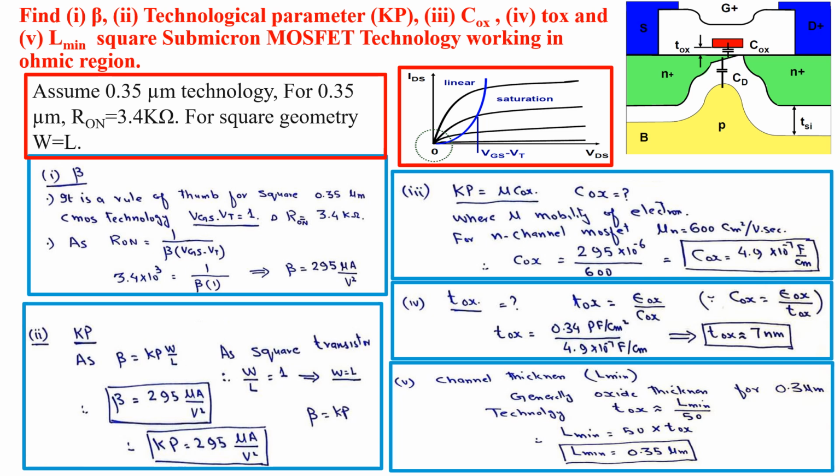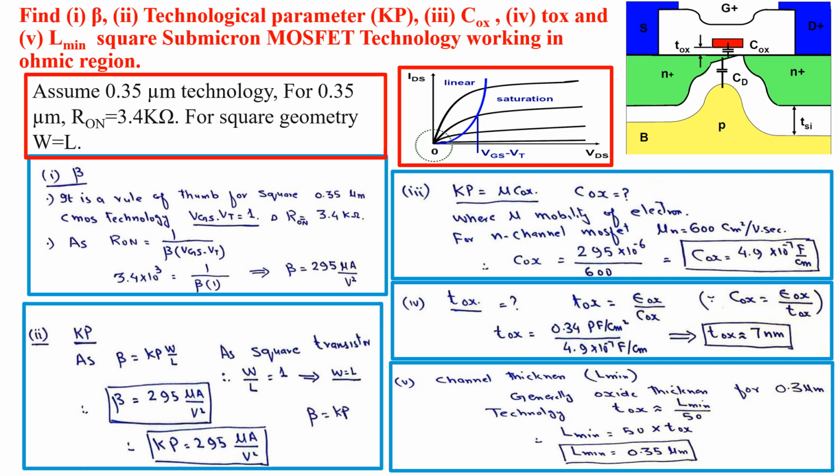Bismillahirrahmanirrahim. In this question, we have to determine some parameters: beta, the technological parameter Kp, C oxide, T oxide, and L minimum for a square submicron MOSFET technology working in the ohmic region. Here you will see that no numerical value is given, but three pieces of information are given, which is sufficient to